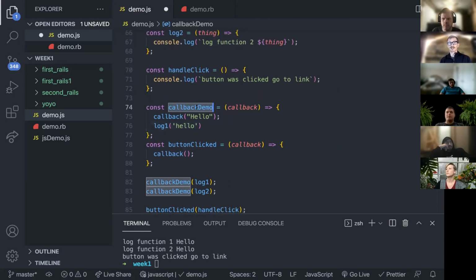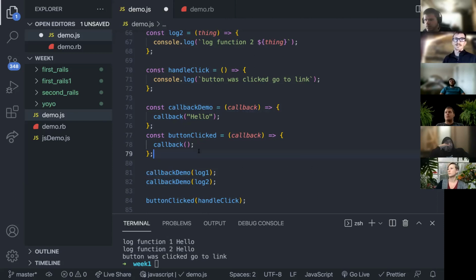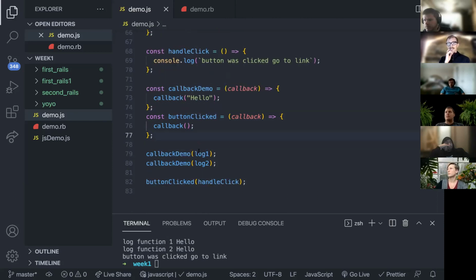Or I could just have this callback demo take in the function and just call it here. So I think you have to look at it, code it, play around with it, and then kind of have it